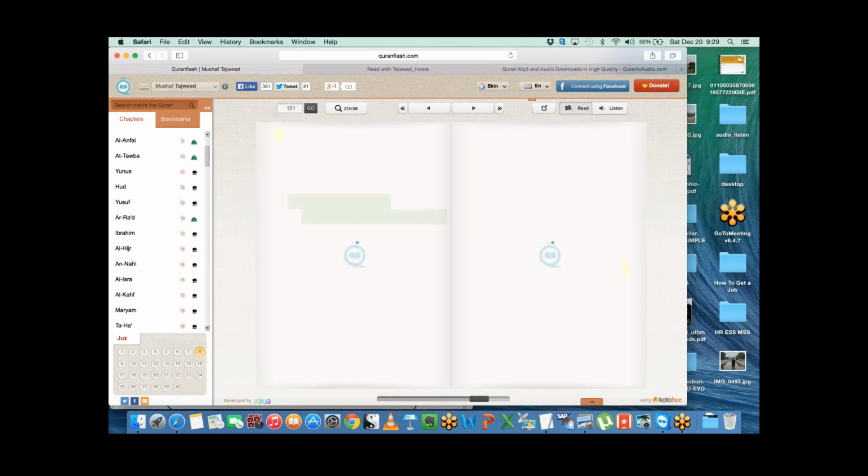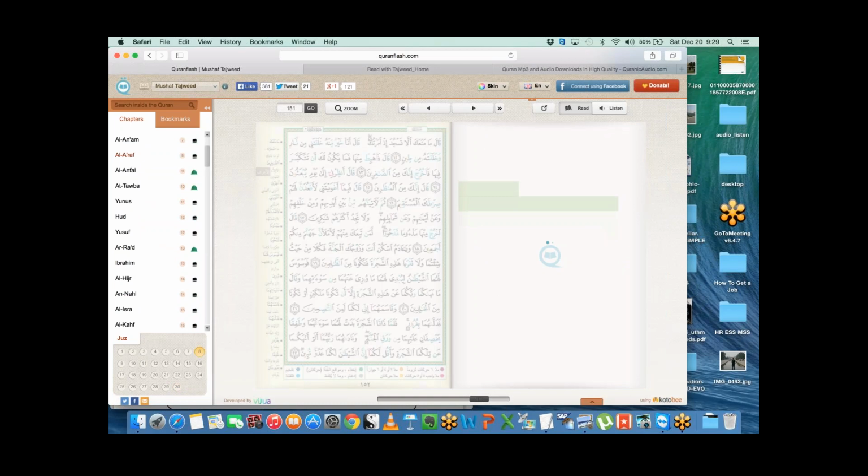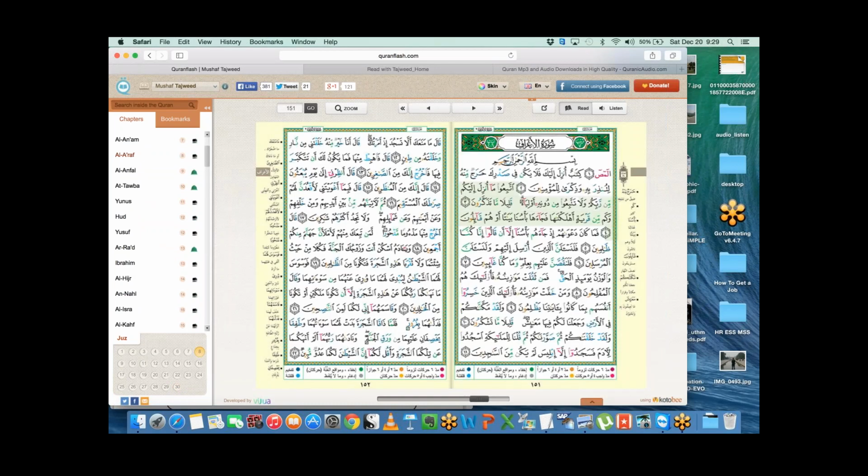In the first one, Alif Lam Mim Sad, you have a really long mud. We will cover the mud rules when we get to them. The pink one is slightly shorter.